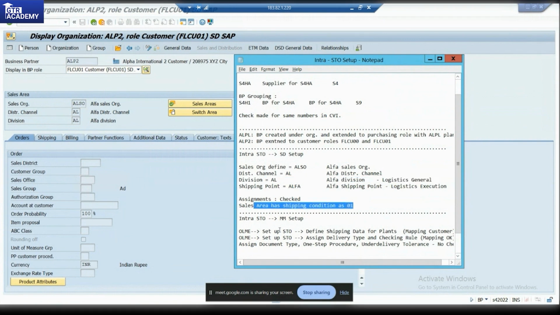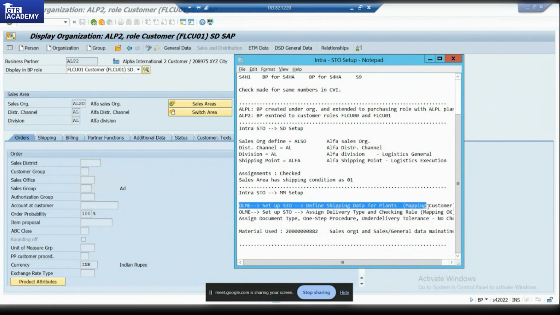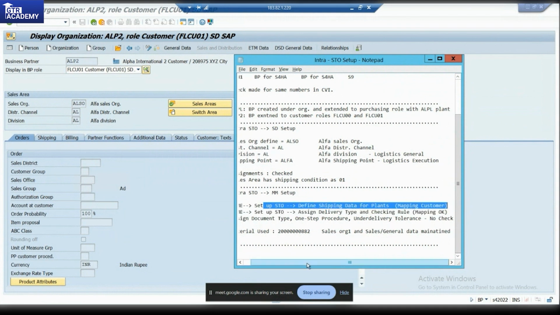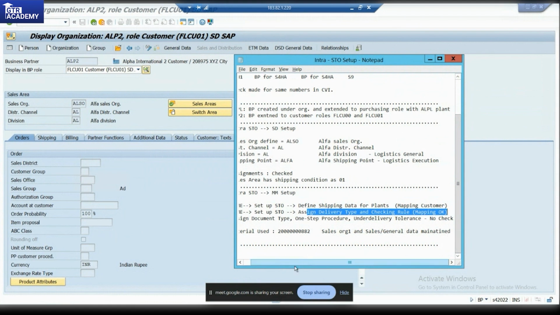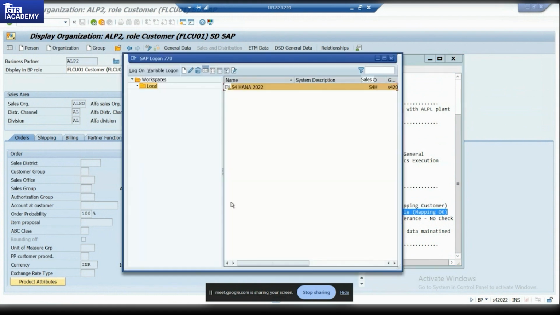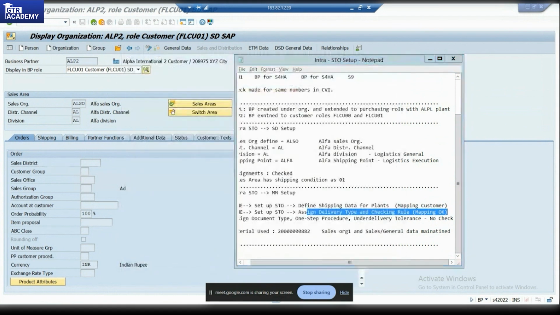Then in MM, we needed to set up MM STO. Under OLME, we need to set up STO for these purchase orders. If you don't map this, what will happen? Our shipping data will not occur. So as I told you guys before,